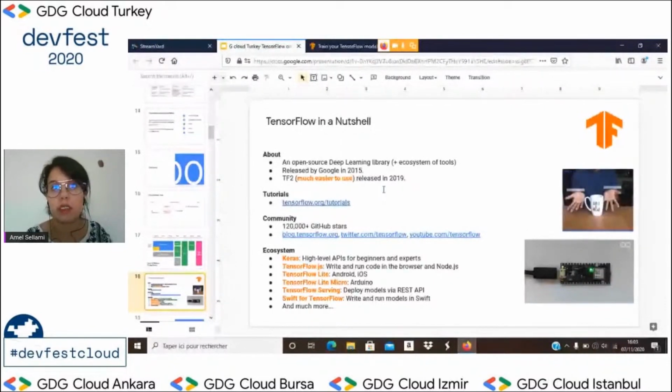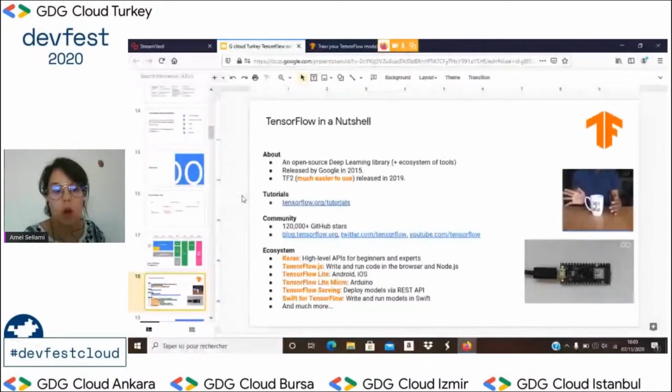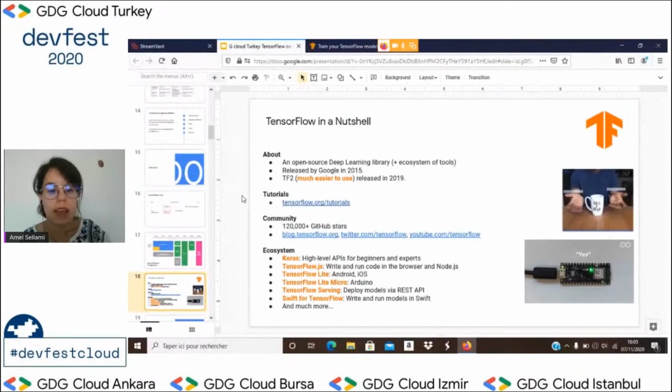If you're interested, there's also a new version that was released two or three days ago, if I'm not mistaken, TF 2.4. If you're looking for more tutorials or community resources, there are TensorFlow.org's tutorials, the blog, TensorFlow's Twitter, and YouTube. For the ecosystem of TensorFlow, we basically use Keras, which is the high-level API for beginners and experts.